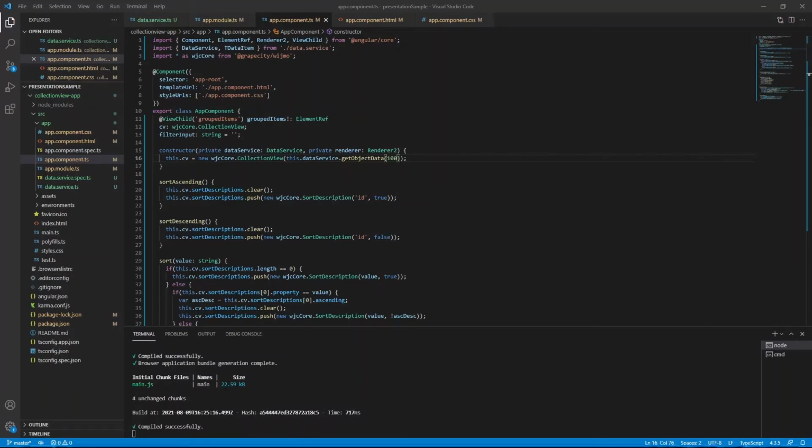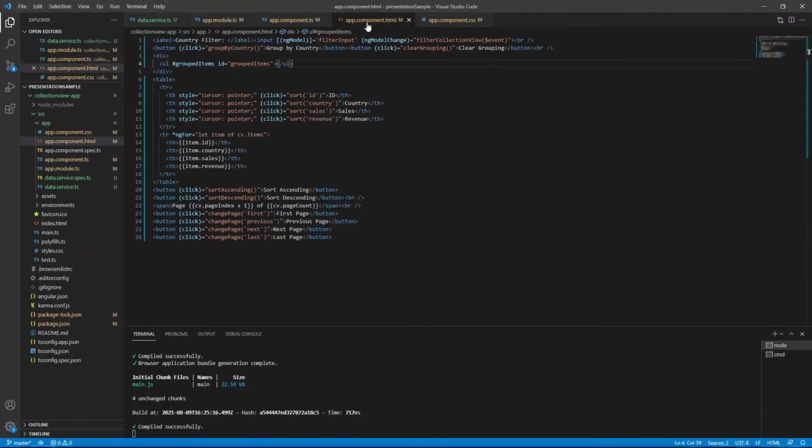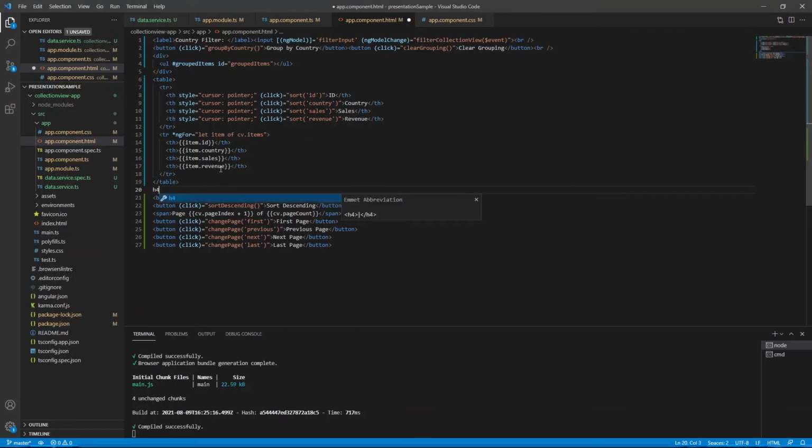All right, the last thing that I'm going to go over is to show you how you can allow users to add their own data to your collection view and update both the collection view itself as well as the view. So the first thing that we're going to do is hop over to our app.component.html file, and we are going to create our own little input form here that we will use to actually get data from our users. So we'll create this h4 tag, and we'll just say add new data,